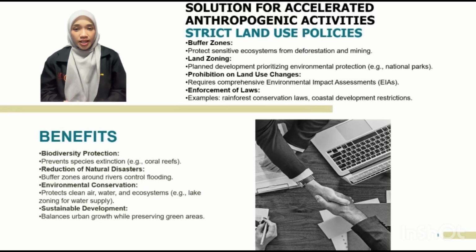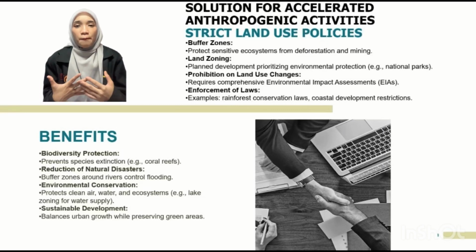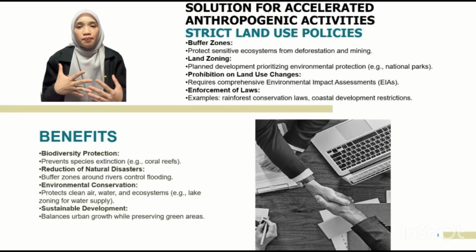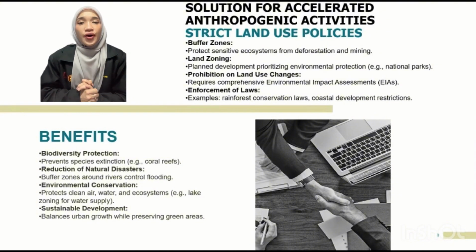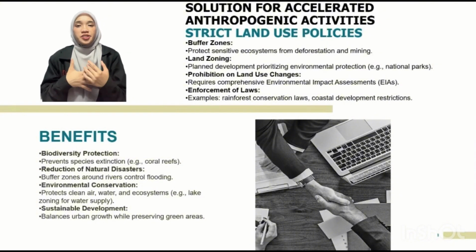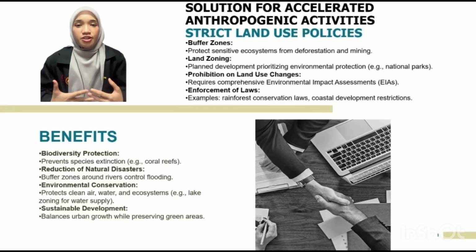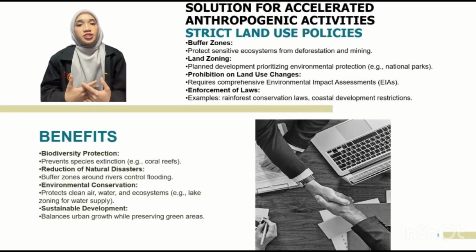Next, land zoning. This ensures that development in specific areas is carefully planned. For instance, in national parks, zoning prioritizes environmental protection, ensuring that areas remain pristine. Furthermore, prohibition on land use change is especially crucial in areas near coral reefs or coastal zones,